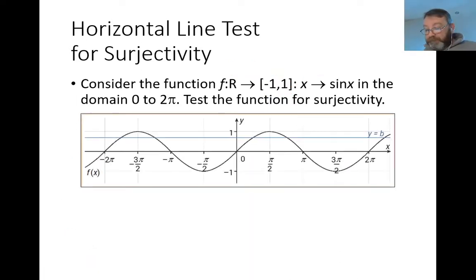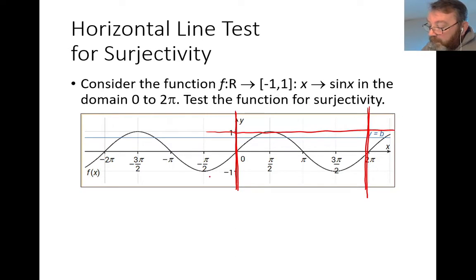Okay, so there's the graph as I told you already. Now, the domain is between 0 and 2 pi. So your domain is only working from there to 2 pi here. So you only mark off what you're working with. And also, what do we notice? That you're working in your codomain between minus 1 and 1. So we're only working between here and here. So what it does is it compartmentalizes your graph into just that window, and you're only focusing on